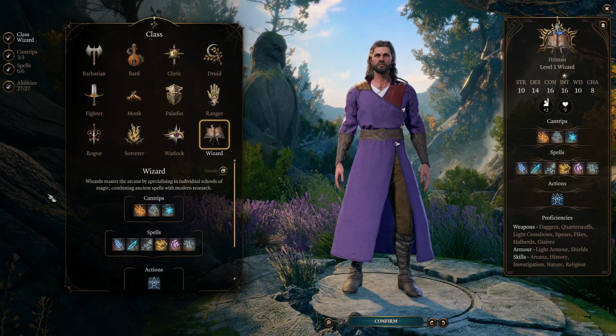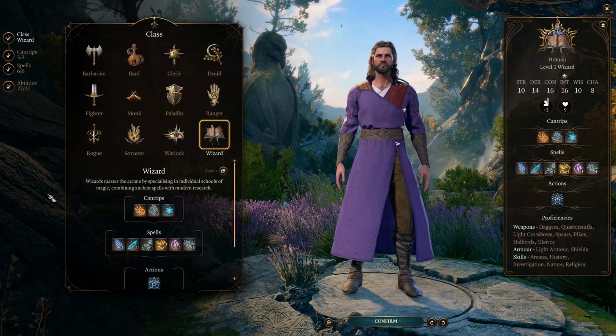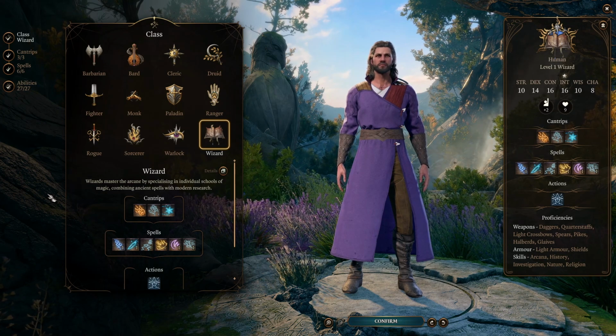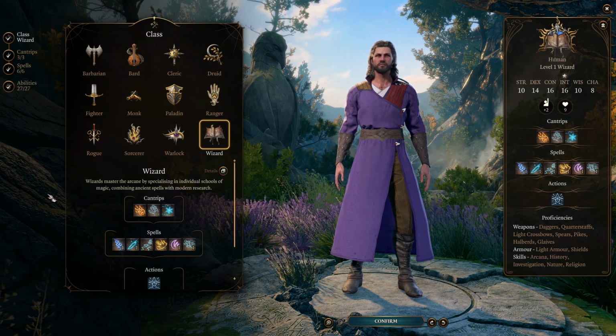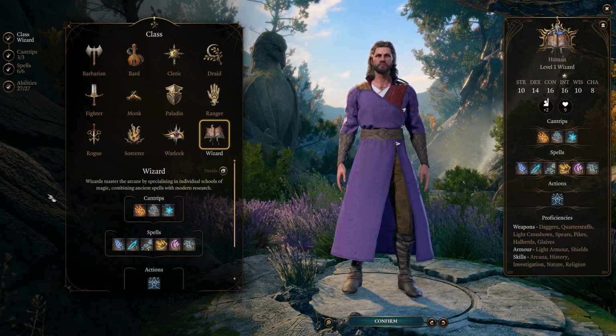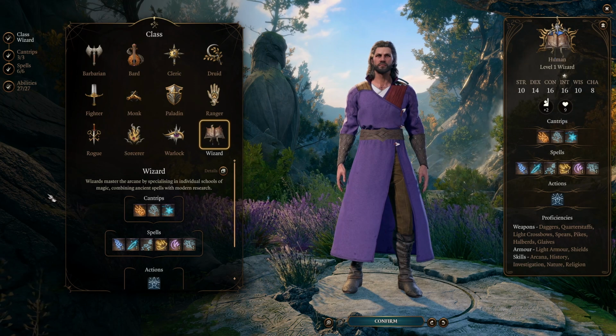For today's video, we'll be respeccing Gale, who naturally starts as an Evoker Wizard and is also a human. Now for your race choice, you could choose whichever race you like. I actually think that Dragonborn is very strong. This will give you access to a scaling breath attack as you level up